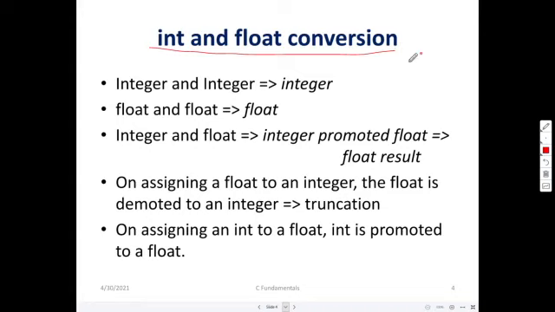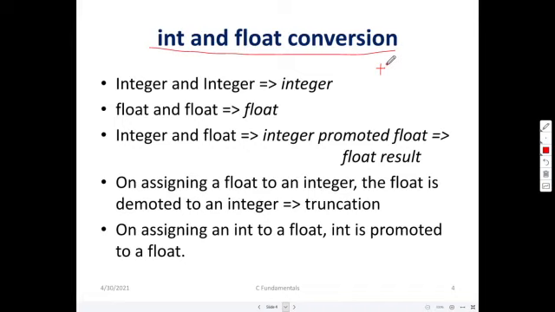So when you do an operation, there are various operators: arithmetic operators, unary, binary and ternary operators in C language. The basic arithmetic operators are addition, subtraction, multiplication and division. Apart from that, the modulo operator is available here. Let us have only the arithmetic operators as of now, right?